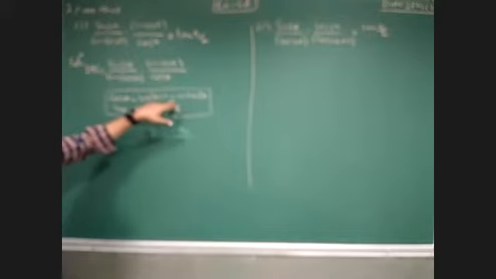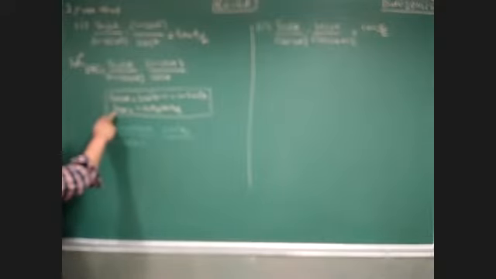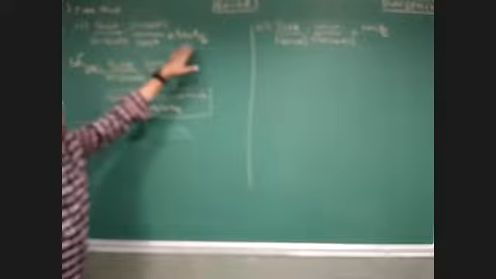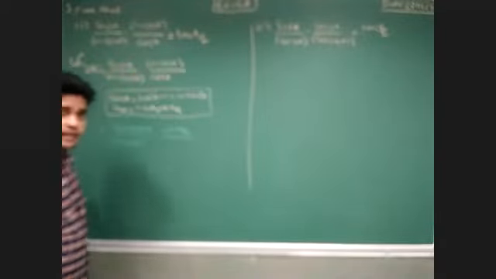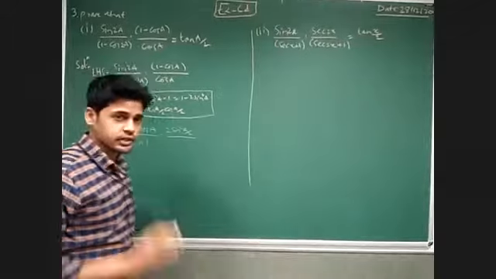The multiple angle formula is cos 2A is equal to 2 cos square A minus 1, and the second formula is 1 minus 2 sin square A. Now here the sub multiple angle formula is sin A is equal to 2 sin A by 2 cos A by 2. These are the formulas. Now we are going to use these formulas here, and we are going to get tan A by 2.